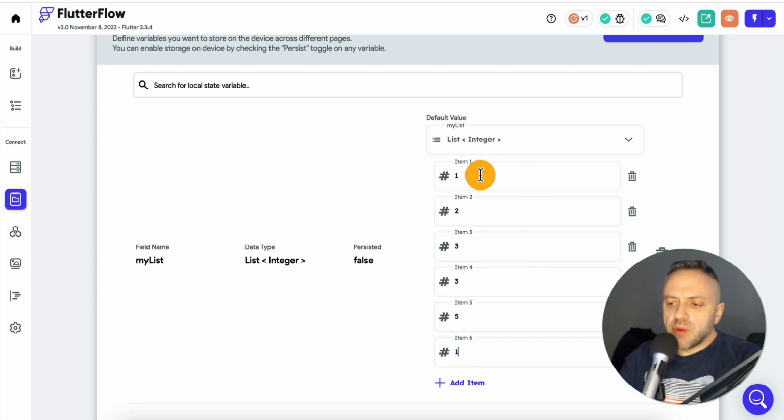Well, this problem is actually very, very easy to solve if you know a little bit of code. It's embarrassingly easy to solve. But if you don't know a little bit of code, this is going to be a pain to solve, because essentially you have to figure out which are the duplicates and filter them out, which is a pain to do. So I'm going to show you a way that you can solve this specific issue by writing one line of code. And hopefully this is going to motivate you to learn a little bit of code, just a little bit, so that you will have less hassle and less problems in the future.